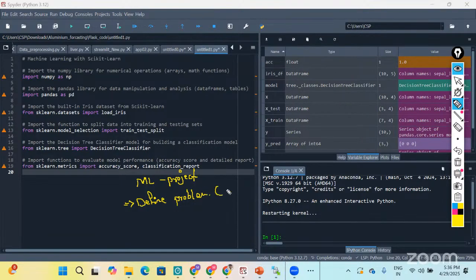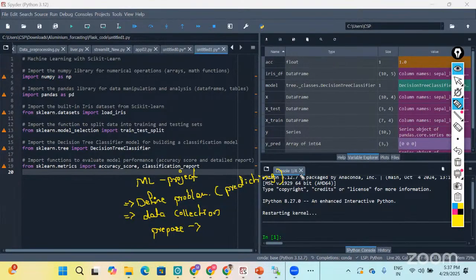This is your problem, prediction. Next, after defining the problem, we go for data collection. After collection, we prepare the data. What do we do in preparing the data? We clean the data, we check the missing values, we remove the missing values, and we go for encoding.